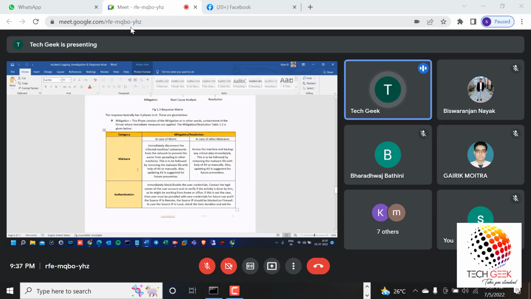In that scenario, we need to turn off the internet access. Immediately disconnect the infected machine from the network, so that the worm won't spread to the other PCs in the network. Okay, and then we need to do the antivirus scanning.